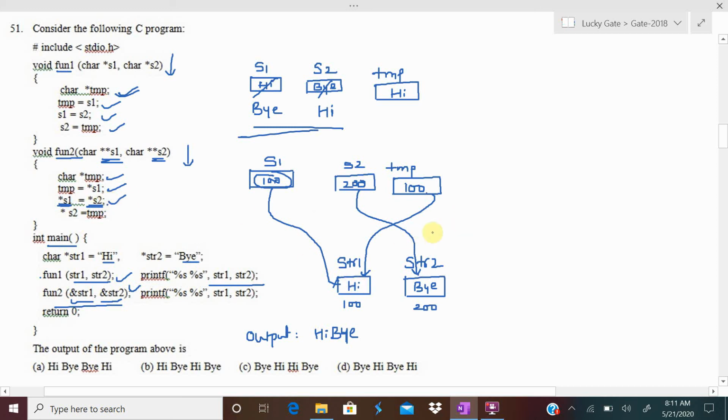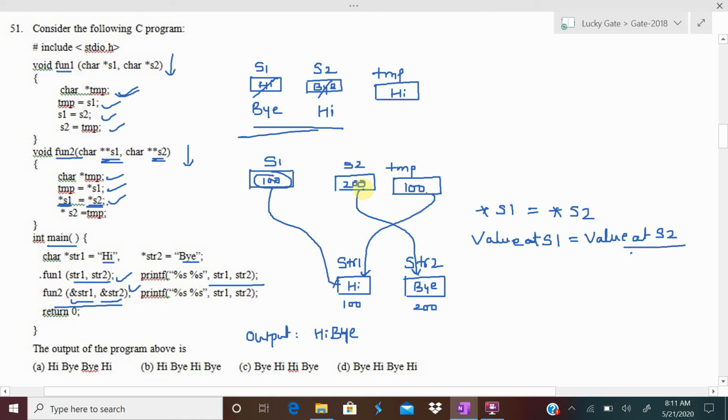Here I am writing clearly: pointer s1 equal to pointer s2 means the value at s1 is initialized with the value at s2.